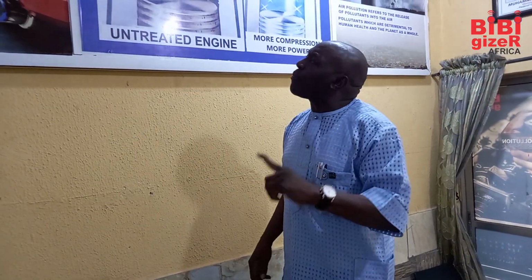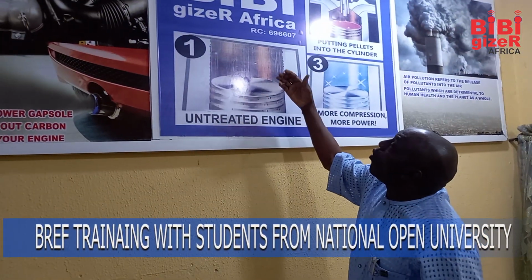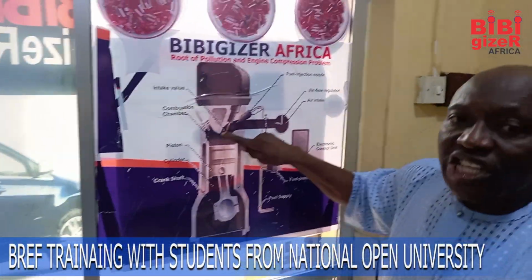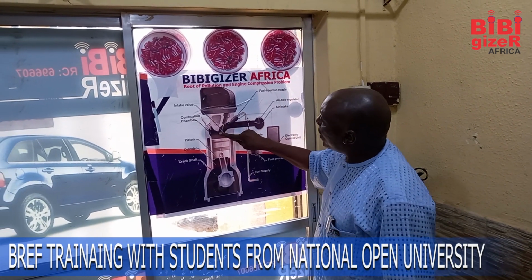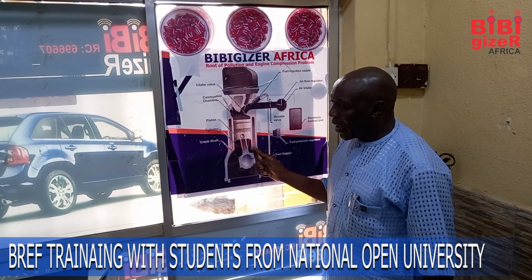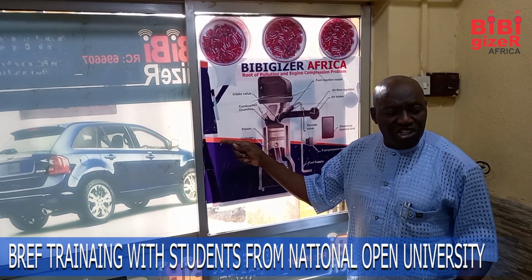The next critical point, which hits back at the climate change that we are talking about, is the matter of poisonous emission. When the chemical energy comes up here as a result of fuel coming through injection, air coming in, and the plug sparking to ignite and develop chemical energy, it will discharge mechanically to move our car. Now, the excess energy: a car is like a man, he eats, digests, and poo-poo. Now, the poo-poo of this engine...